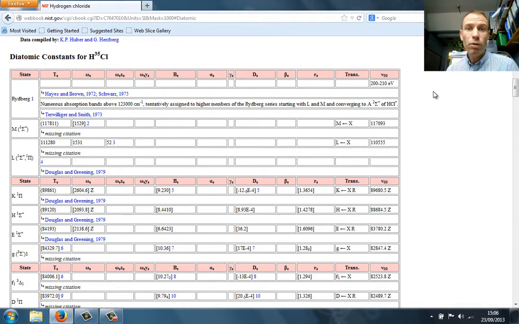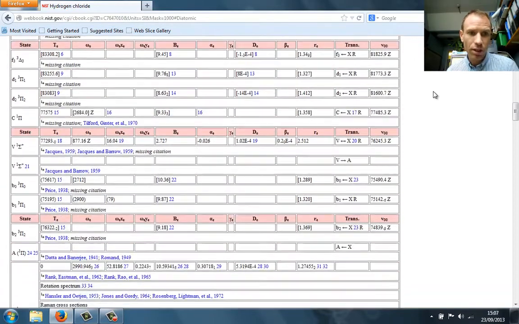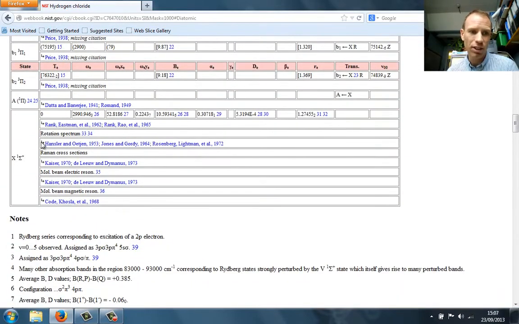Now, assuming we're just looking for the ground state of HCl, we need to look for a state which in spectroscopy is typically labelled X, the capital X. If you scroll down the table, the ground state is normally the last one in the table. So here we have the ground state X of HCl, which is a singlet sigma plus electronic state. You'll come across electronic states at later points in the course, so I don't want to dwell on this now. What we need to do now is just look under the equilibrium bond length, and we can find that the equilibrium bond length is